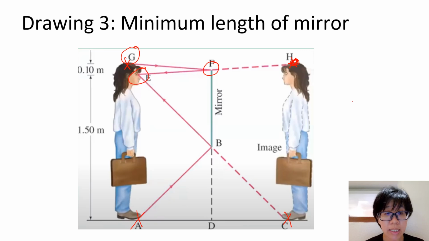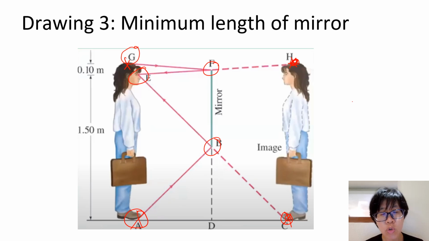And then the second one that you draw is from the bottom, which is the image. Same thing, draw towards the eye. And then later from the object to the intersection. Then with that, we have completed the drawing, and what you need to know now is what is the